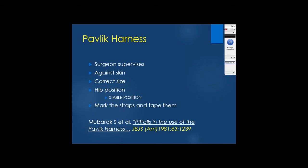In my hands, the surgeon supervises putting the Pavlik harness on. It is placed against the skin. It's the correct size, which is crucial, and the hip is put into the position which is stable. So you don't leave this for someone else to put on. You need to put the harness on yourself, and supervise that when you've finished putting it on, the hip is stable. And you need to mark the straps and put tape around them so no one can